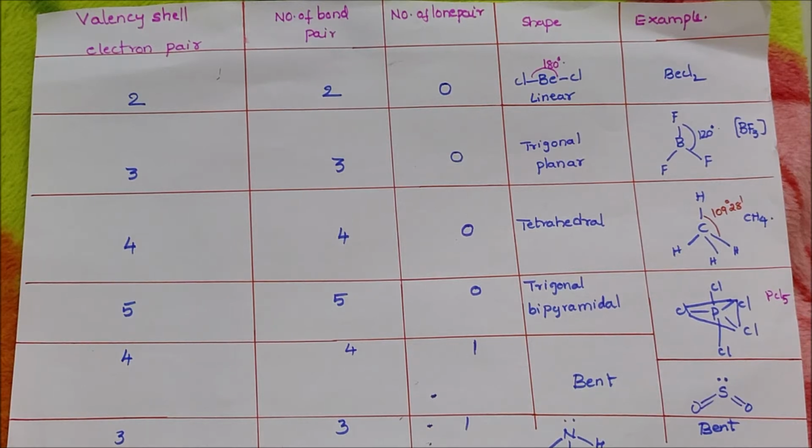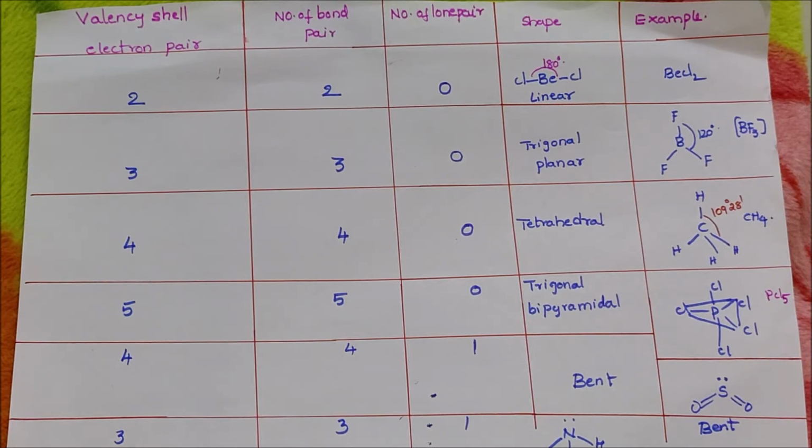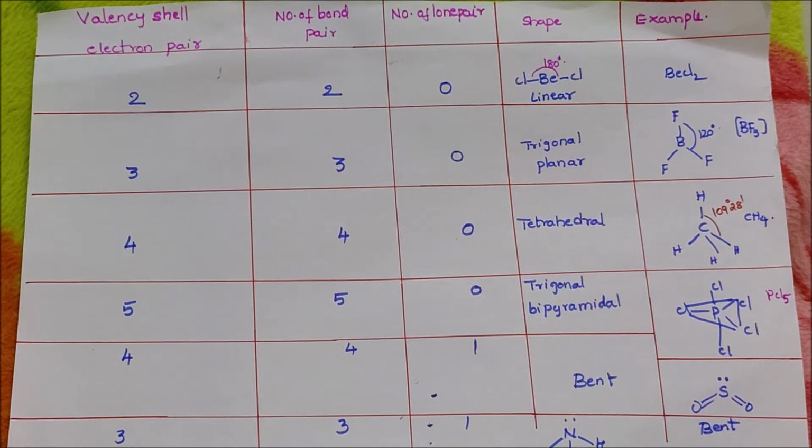The electron pair which is involved in the bonding is called a bond pair, and those not involved in the bonding, that is non-bonding, are called lone pairs. The bond pairs and lone pairs are around the central atom. The lone pair electrons occupy more space around the central atom. The repulsion between lone pairs is greater than lone pair to bond pair, which is greater than bond pair to bond pair.